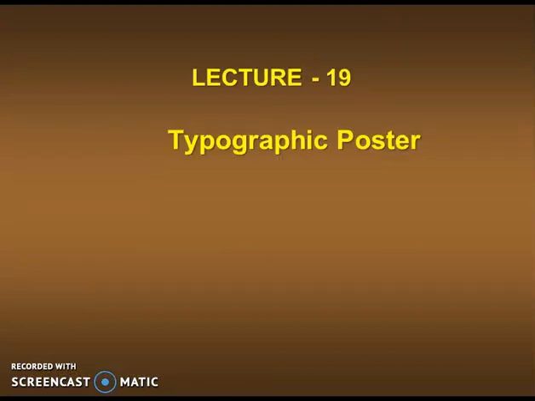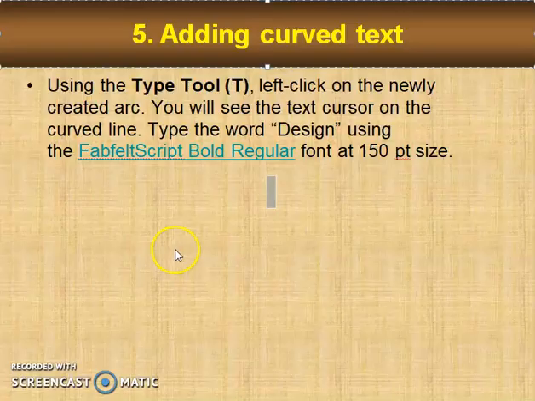Lecture number 19. Very interesting. Typographic poster. Using the type tool or by adding curved text, left click on the newly created arc. You will see the text cursor. On the curved line, type the word design using the most interesting font,